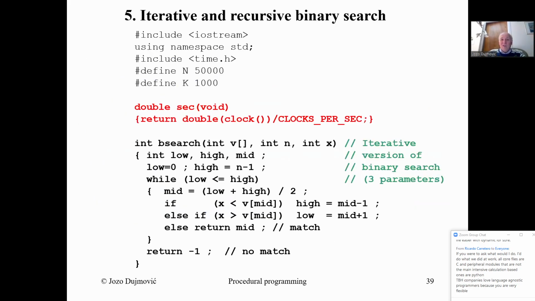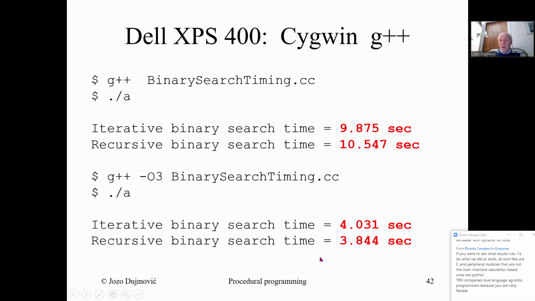And then the last was iterative and recursive binary search. I did measurement with this Cygwin G++. So if you have G++, then iterative was slightly faster than recursive. You see 9.8 seconds, this was 10.5 seconds. Not much, but